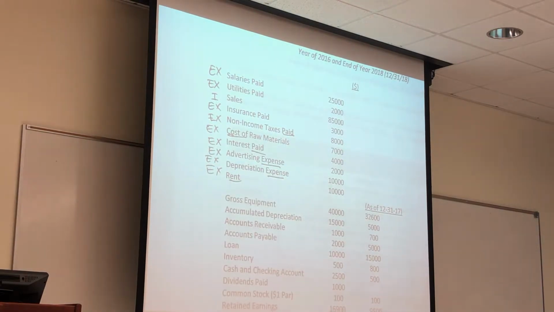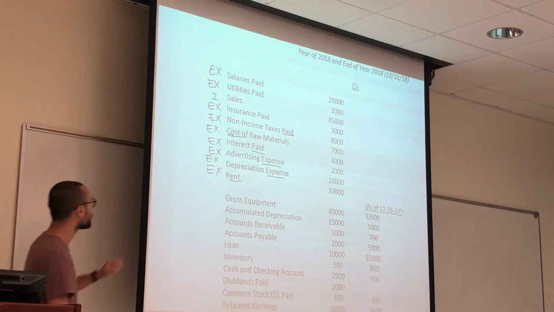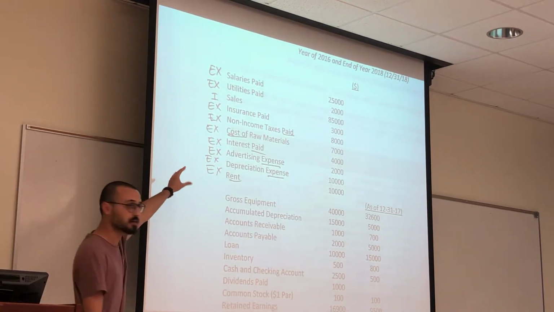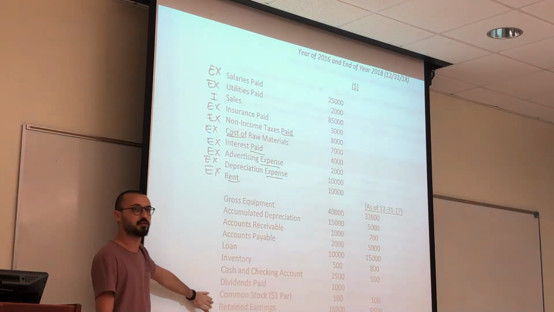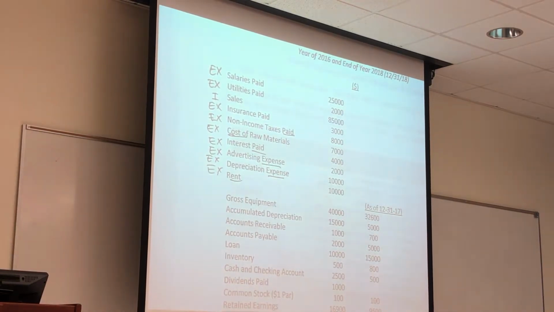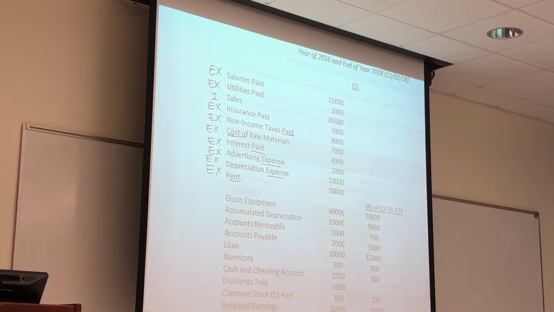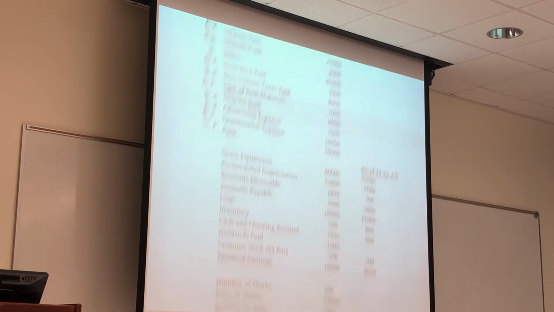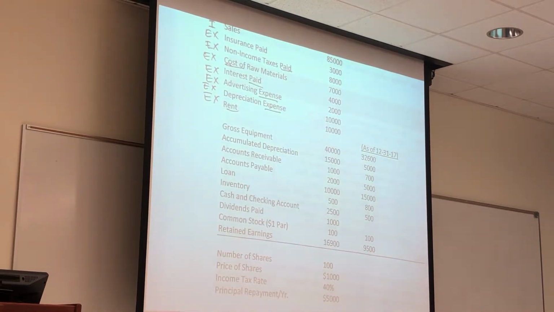Okay, so this first part is usually, if the person you're speaking to is a nice person, they're going to give expenses and incomes on this part, and then the other stuff on the second part, right? So you can usually go with this. But if your accountant wants you to figure it out, you're just going to get a pile of these, and then you have to figure it out yourself, right? But figuring out whether it's expense or income is pretty easy, I assume. The rest will, yeah, let's go. Okay, gross equipment.